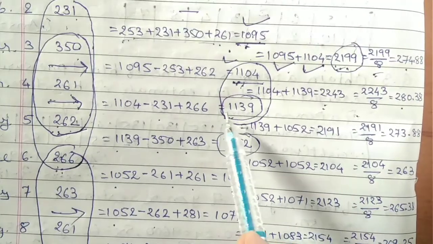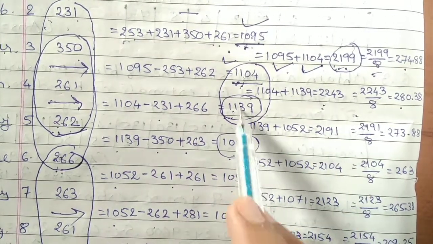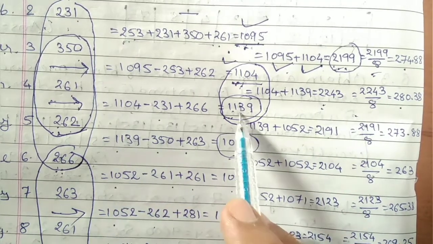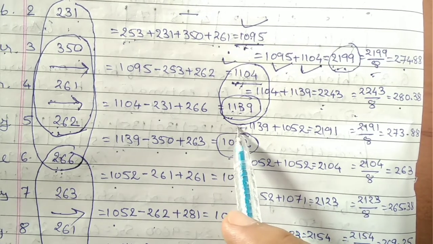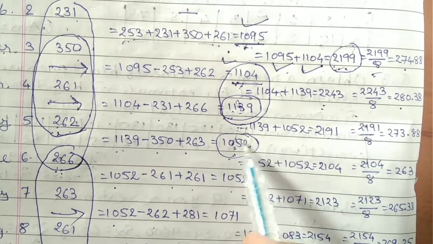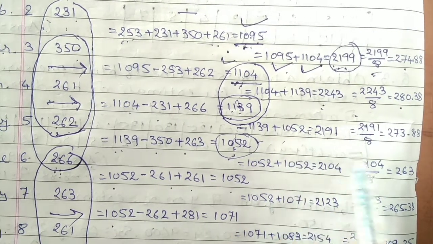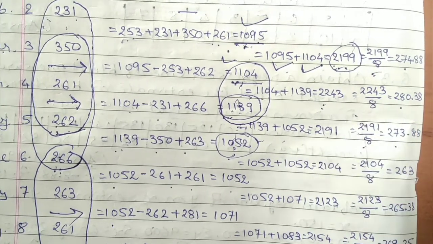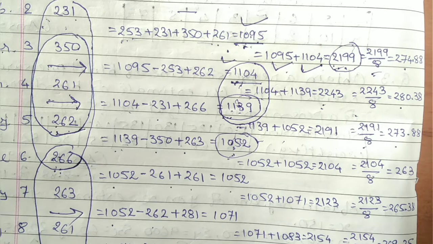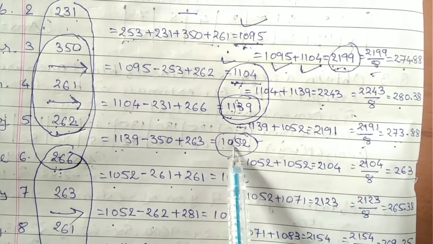Same way, the total of 1139 plus 1052. This is a 4 monthly total, this is a 4 monthly total, and we require the result exactly in the middle. So the total of both these 4 monthly totals has to be written in the middle of this line, in the middle of these totals. So the answer would be 2191 upon 8, that would be 273.88. This pattern must be applied. This pattern is not going to be changed, and because of that you are supposed to record such averages exactly in the middle of the totals.